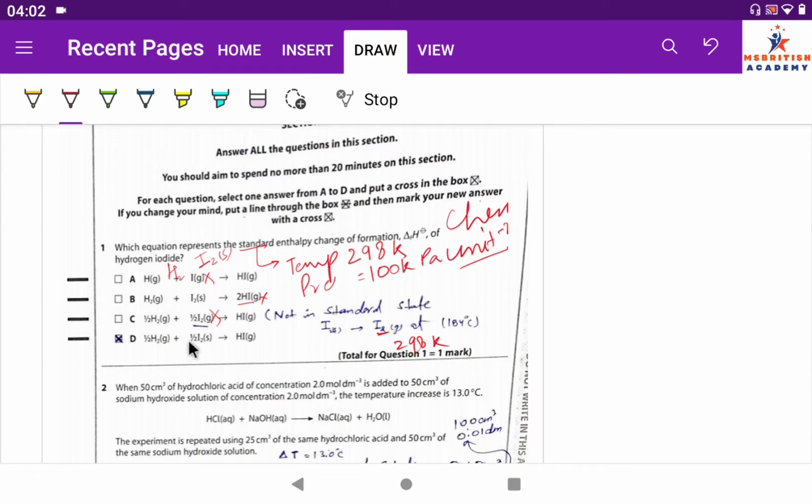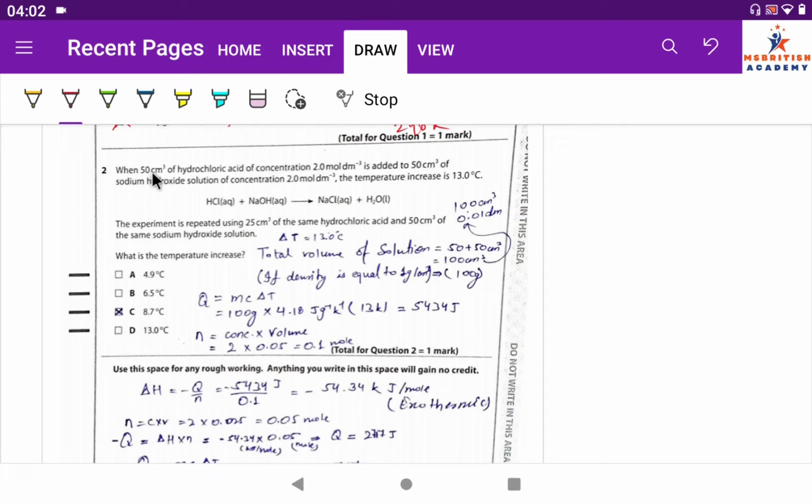Okay, so from here D is the correct answer, because D is in solid. This one is solid and it is making 1 mole, and when you add, here is 1 hydrogen, here is 1 iodine, total HI. Okay, so D will be the correct answer. Now question number 2,